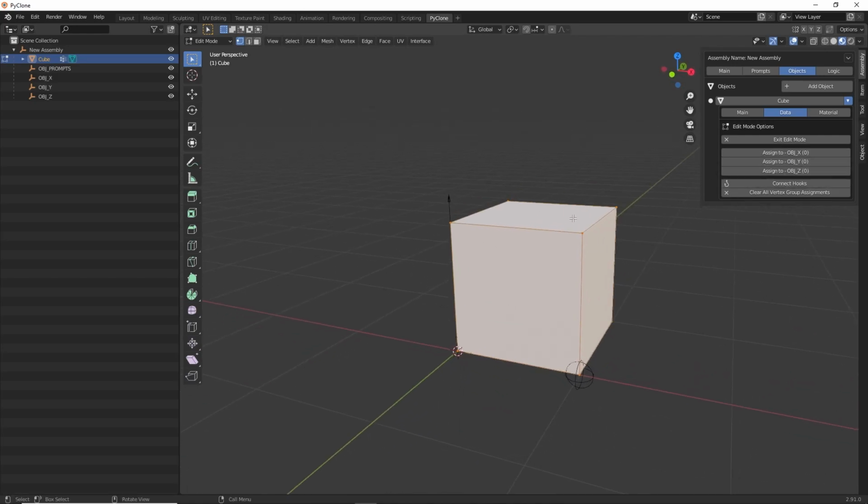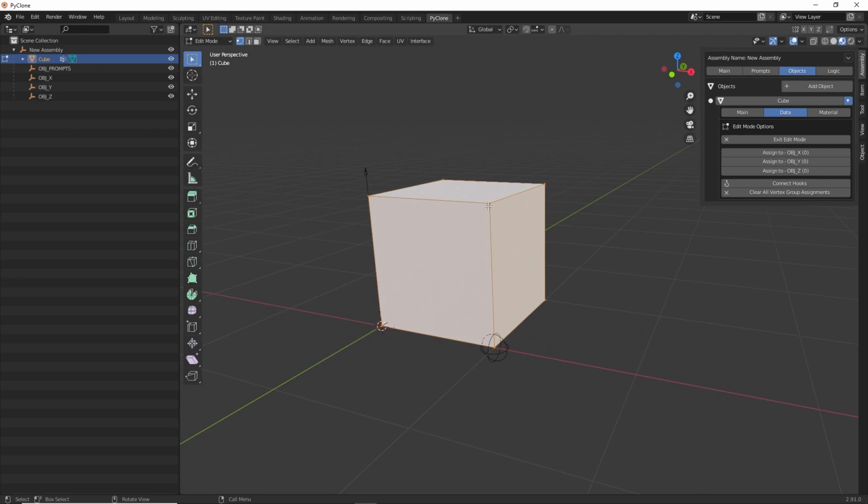And so here, let's go ahead and just select some of these vertices that we're going to assign to the X object. Here I'm just holding down Shift and I'm selecting these vertices. And so now I have 4 vertices selected that we're going to assign to this X object. So if we click on this button right here, that will assign those vertices. You'll also notice that it gives us a number here, which is how many vertices are currently assigned to